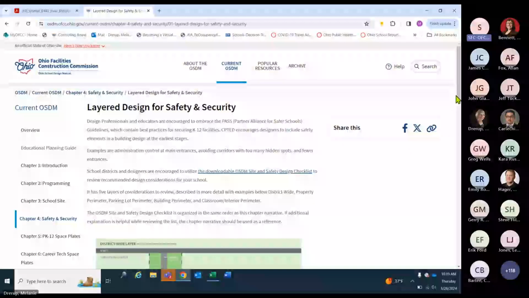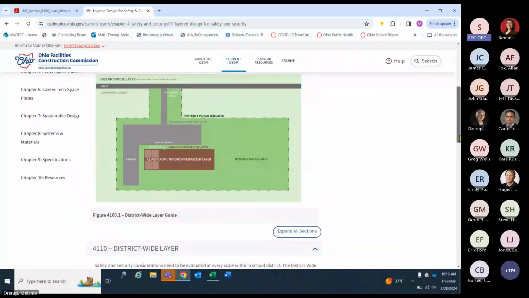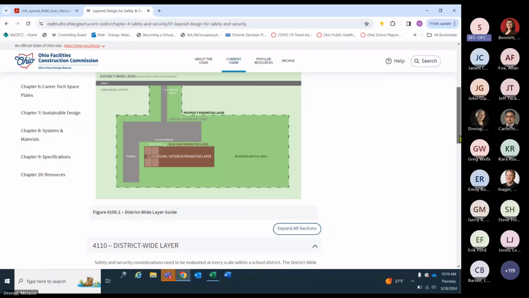This checklist includes 5 layers of consideration: district-wide, property perimeter, parking lot perimeter, building perimeter. I like that word, perimeter. Classroom interior perimeter. Each layer is discussed in detail on the bottom half of the page.